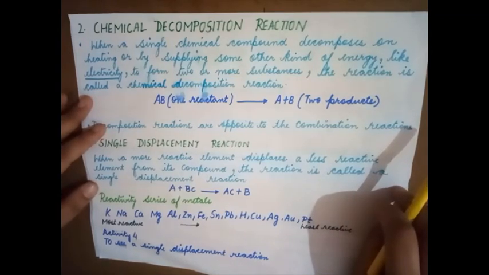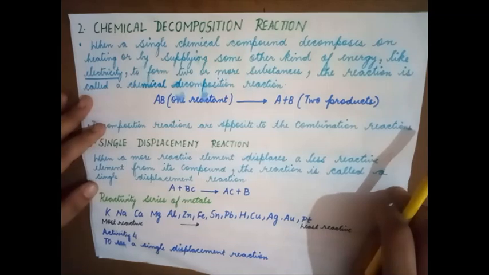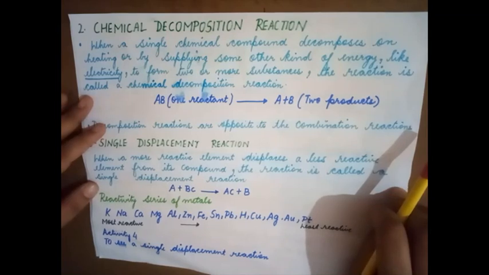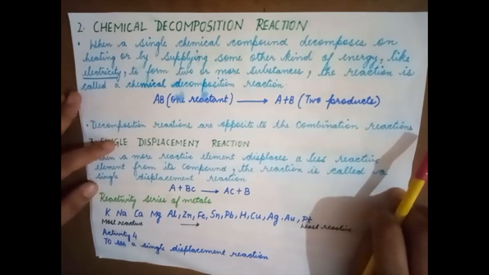An element is a substance that is made up of similar type of particle or same type of atom. If I take sodium metal, sodium is just made up of sodium atoms, whereas a compound is made when two or more elements combine together. Example, sodium chloride. So in sodium chloride, we have sodium as well as chlorine atoms that are combined together. Here we see two different atoms are combined together. Whereas in sodium metal, in case of an element, it is made up of the same type of atom. That is the difference between an element and a compound.